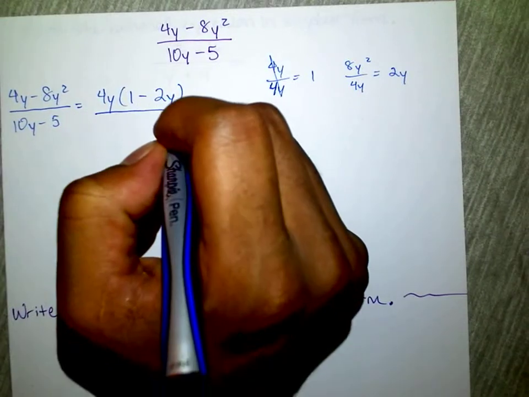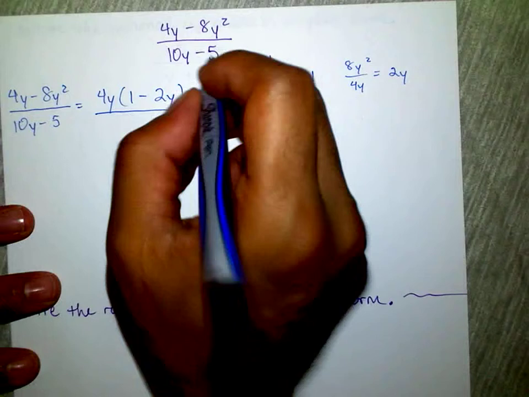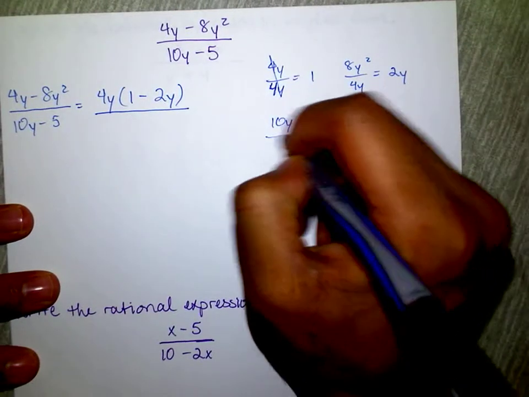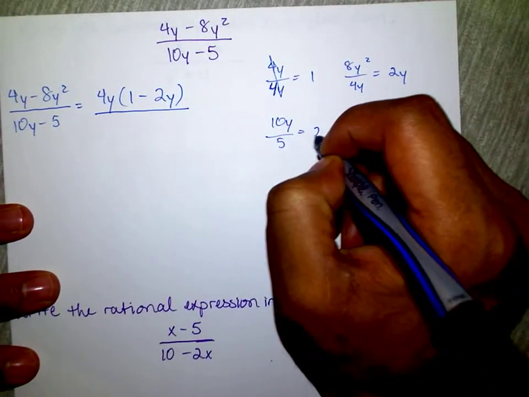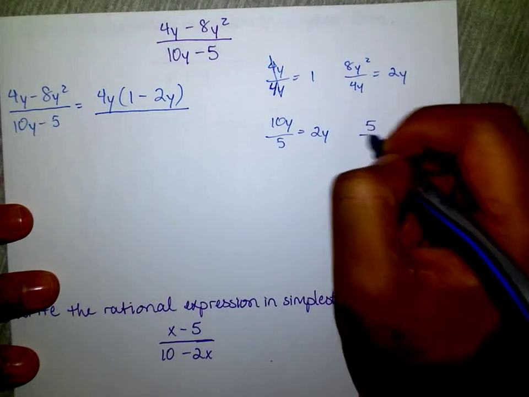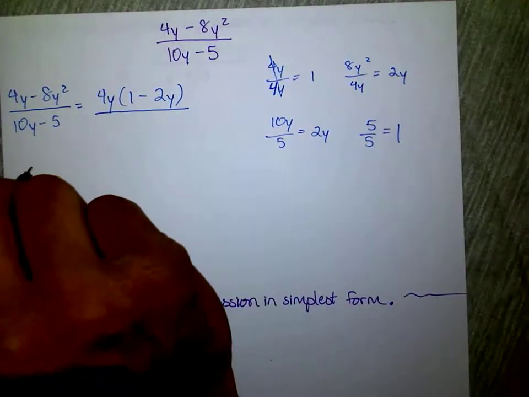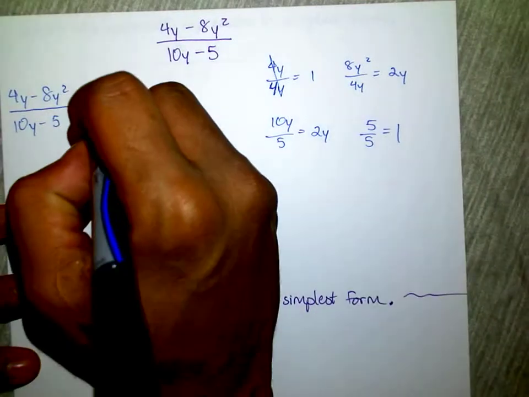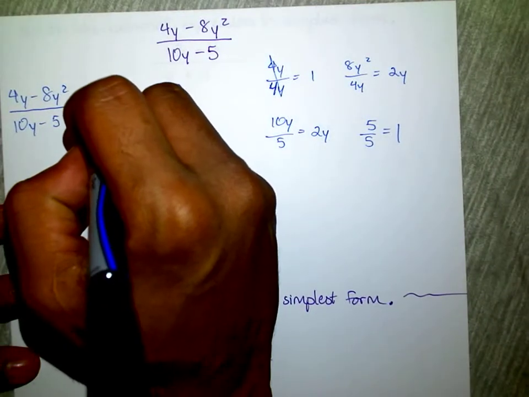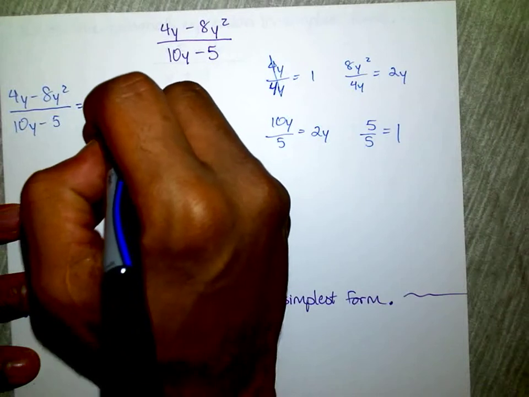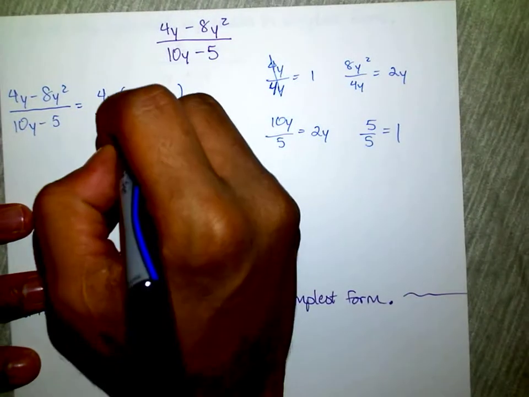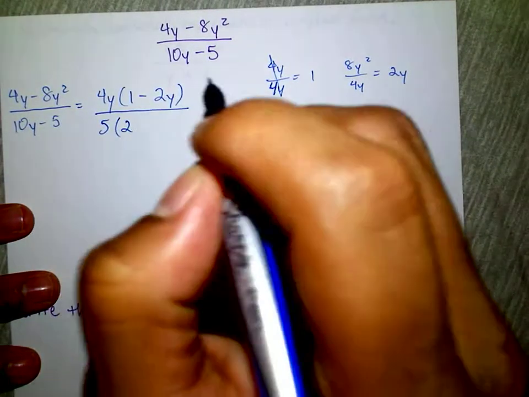Over, all right, now on the bottom, the common factor here would be 5, so 10y divided by 5 would just give me 2y, and 5 divided by 5 would just give me 1. So that's going to give me 5 on the outside, parentheses 2y